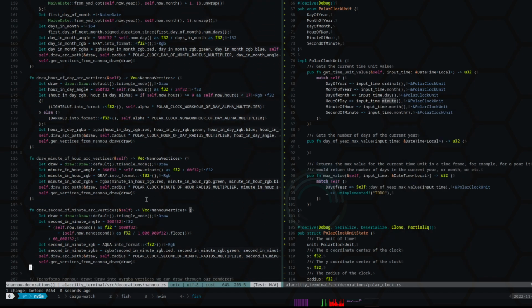This one uses second, which is not true. Well, I'm missing actually something here. Hold on. Hour, minute, and then I think we actually want to have both the nanoseconds and